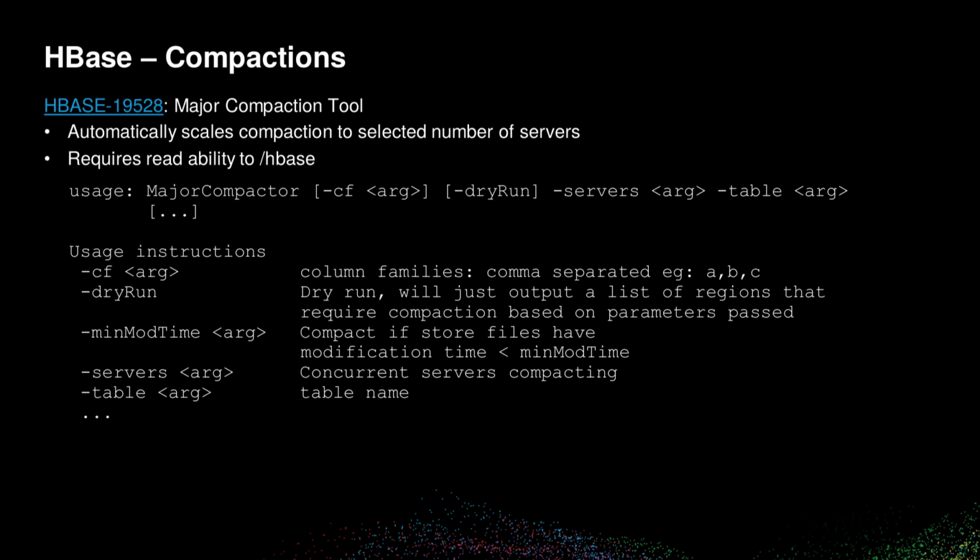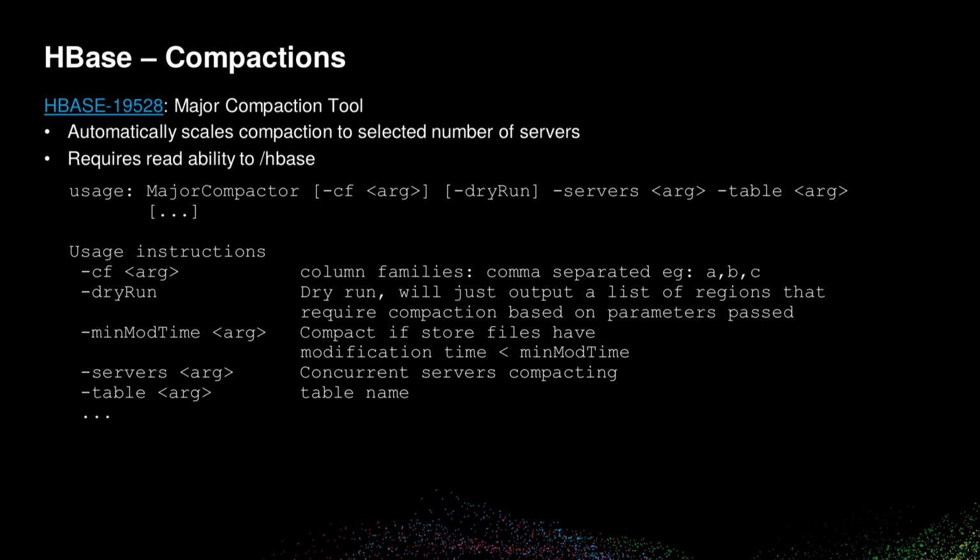In HBase, you can ask a table to do a major compaction. It's a bunch of shuffle, a bunch of data movement on HDFS. It's a bunch of data reloading and region servers, which you always want to be really cognizant of the load on in HBase. And this is just a command line tool to do all of that with a throttle so that you don't cause your region servers to run out of space.